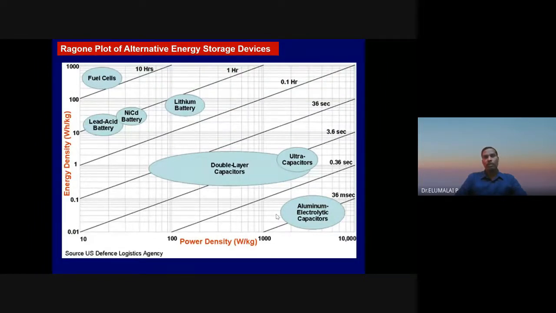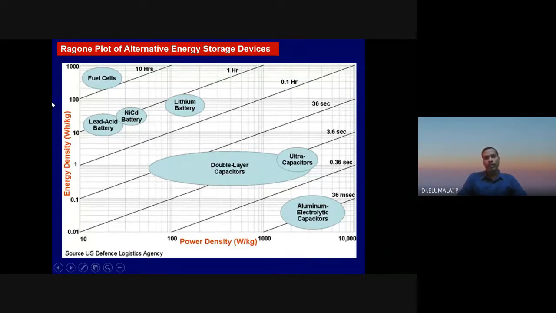So this Ragone plot is such an important plot. You will be able to select which electrochemical energy system is required. And we have already seen these numbers. These are all charging or discharging times. The ratio between the energy density and the power density is nothing but the charging time or discharging time. Whatever per watt per kg, the watt will cancel out, the kg also will cancel out. You will end up with hours.